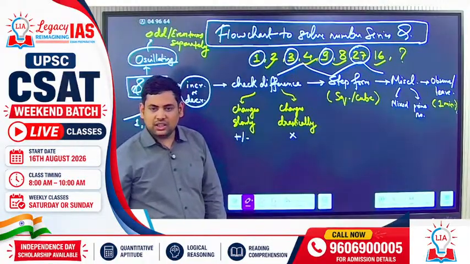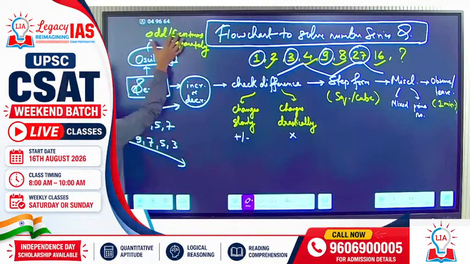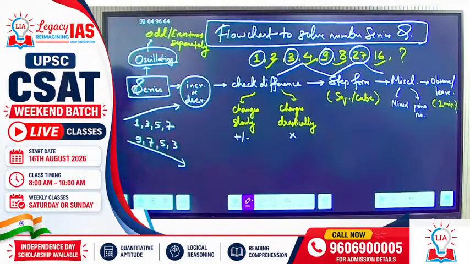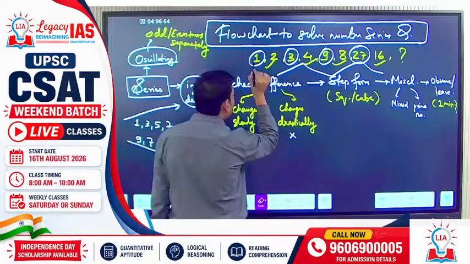This is known as an oscillating series. When a series is oscillating, that means it is not constantly increasing or decreasing. Then it must not have been multiplied by something continuously or added something continuously. Then it must have been some different things happening to odd or even terms. And that is why we solve them separately using odd and even terms. Now, okay, so oscillating is different. Other than that,